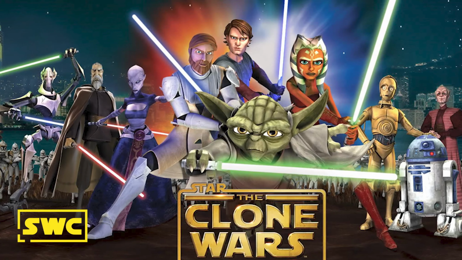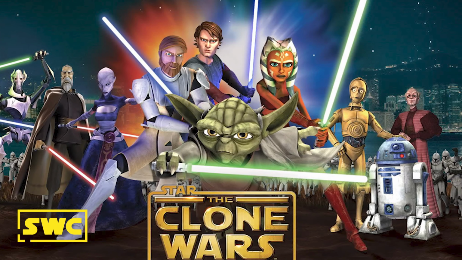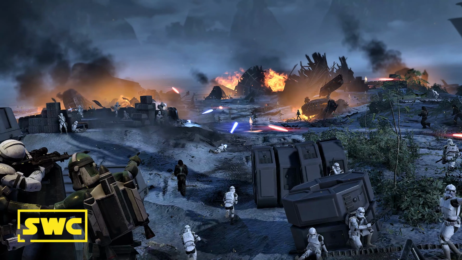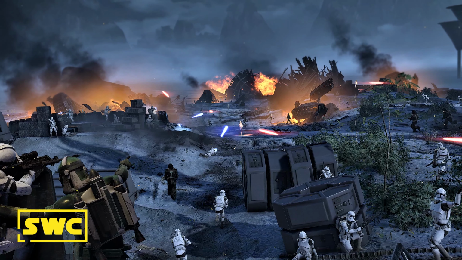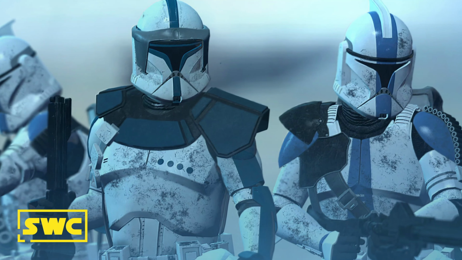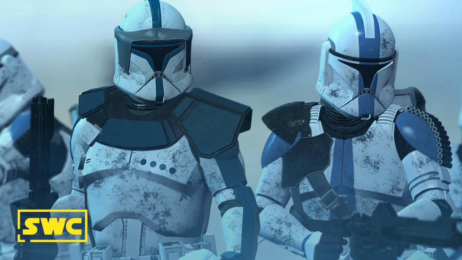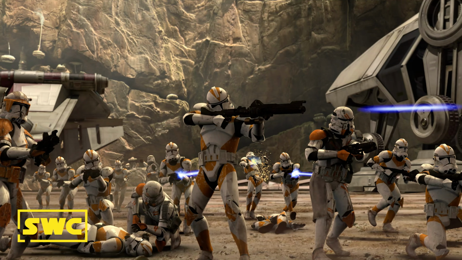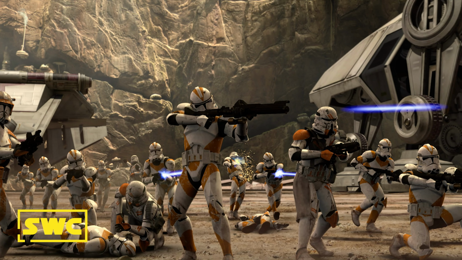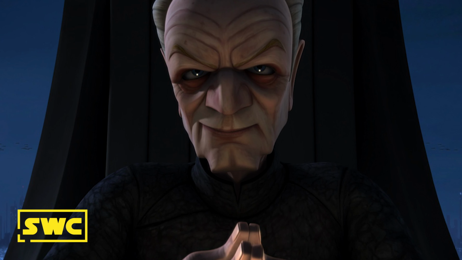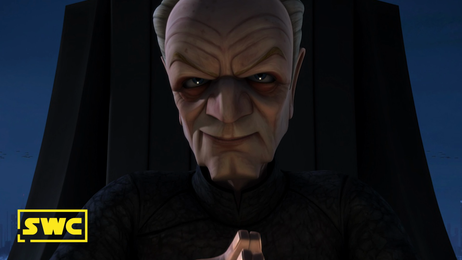The clone troopers served side by side with their Jedi generals in battles on Christophsis, Ryloth, Seleucami, Geonosis again, Anaxis, and more. It was a galaxy-wide conflict. The clones continued to be perfect soldiers who were loyal to the Republic. They never questioned an order. They were able to think creatively, and this would be a trait that turned the tide of many battles throughout the war. But if you remember though, the Sith were behind the creation of the Clone Army.